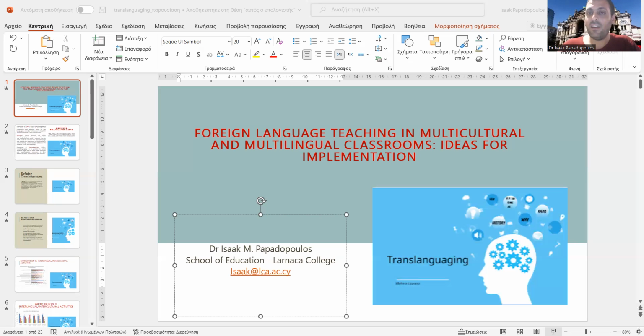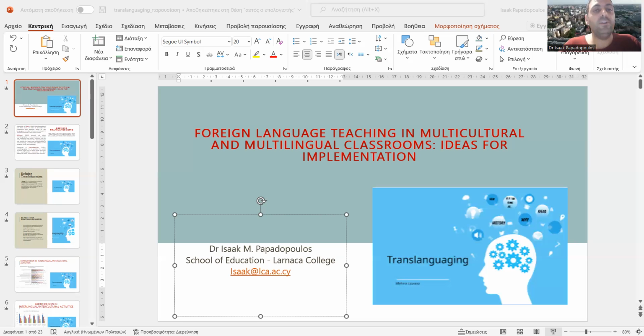But before that, I think it would be great for all of us to define translanguaging. The term translanguaging is a part of multilingualism and multiculturalism and was first created in the 1980s by Cen Williams, a Welsh educationalist. According to Baker in 2003, translanguaging was used to describe the systematic and planned use of two languages to learn or to teach in the same context or the same lesson.